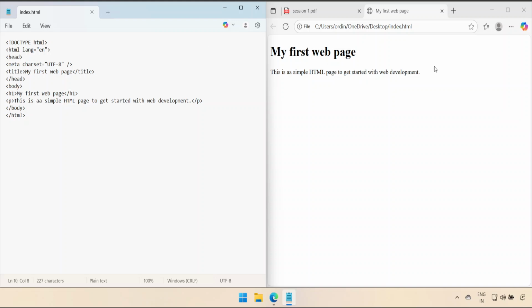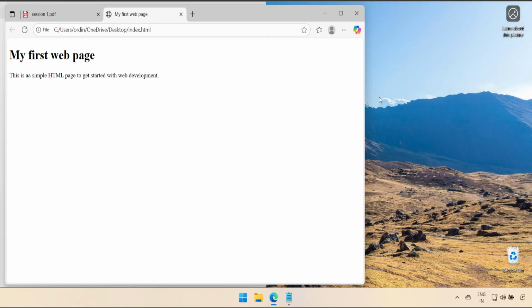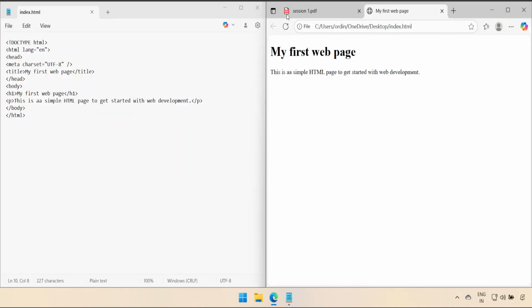Now you can see this web page was very simple one, and when we are changing the size, right now it doesn't have much content, so it will behave in this way, and we don't need responsive design for now. Okay, so let us just close this for now